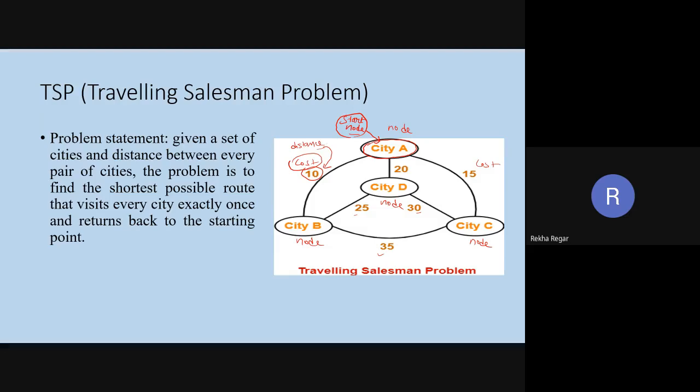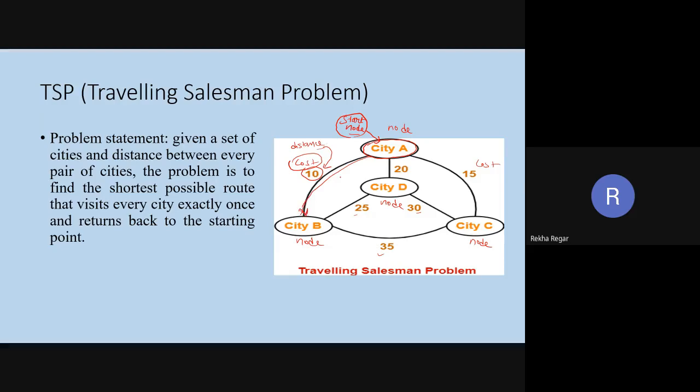So among these 10, 20, 15, which one is the lowest? 10. So from A to B, where we are going to reach, in this reference we are going to select this one, because this one has the lowest.